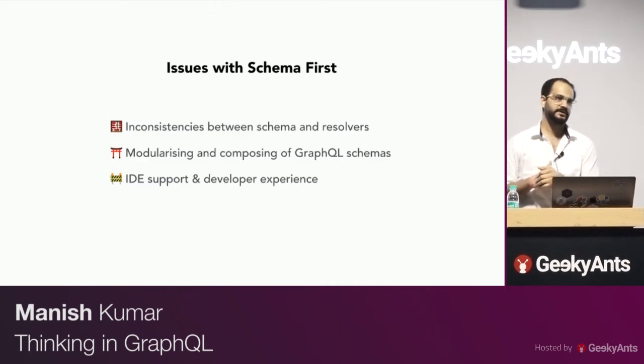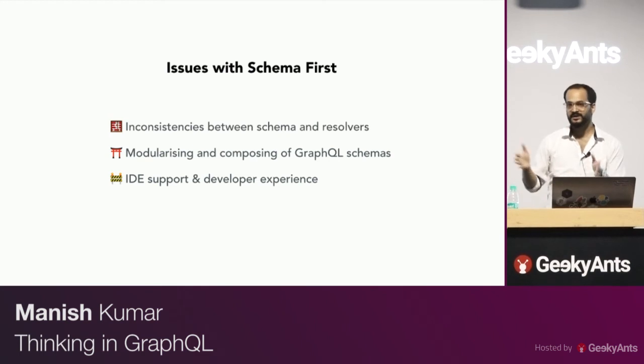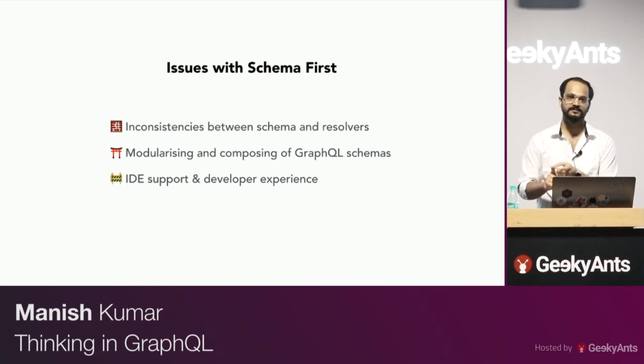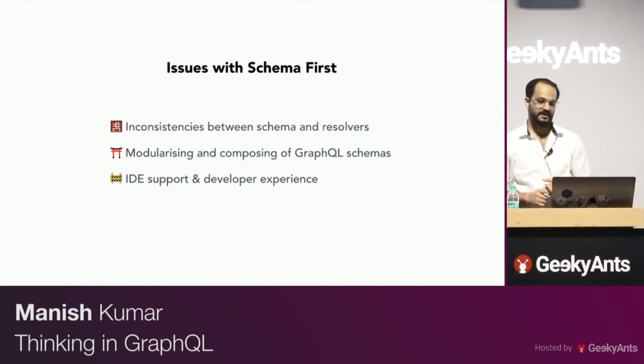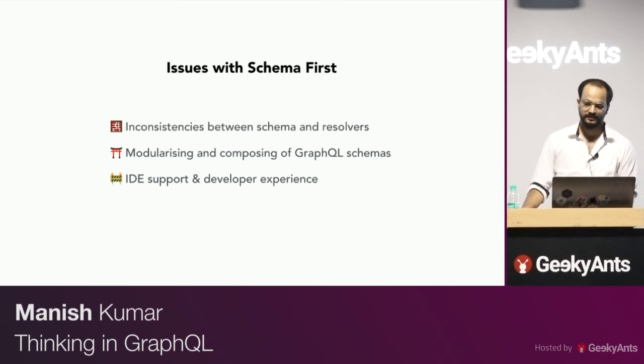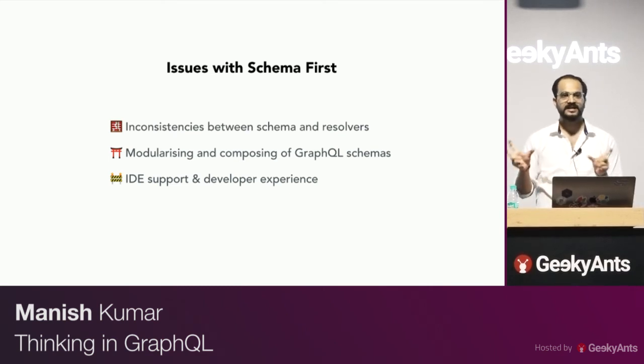So there are some issues with the schema first approach. And this is what is being followed right now today. I mean, Apollo does that. There are multiple other clients or servers, the way that you make them, at least on the JavaScript side, everyone follows this thing called schema first development. So the major inconsistency will arise if you have a large team and everyone is working on their, let's say, own domain side or product. You'll start having inconsistencies in your schema and resolver.